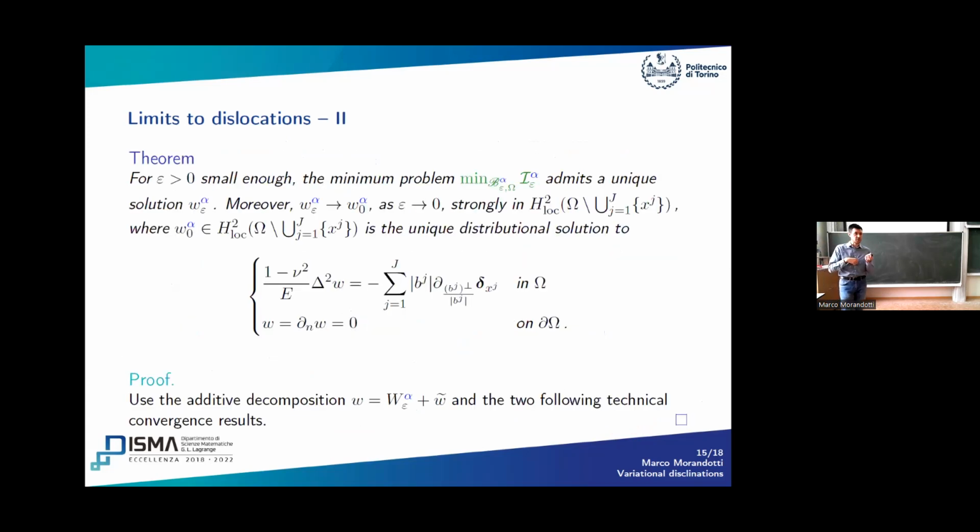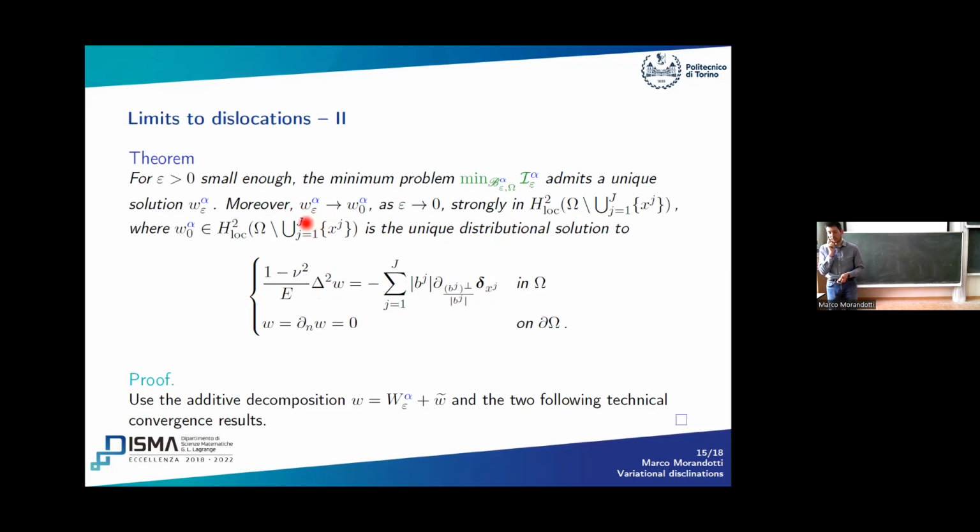And we proved that if epsilon is small enough, so in the limit as epsilon goes to 0, the minimum problem has a unique solution. And this one cannot be characterized explicitly, but it can be characterized in terms of the problem that it solves. So it solves this problem here, this PDE here, in the sense of distributions. And that's the PDE that we expect. Okay, so if you remember one of the first slides, I had that the incompatibility, which now is the bilaplacian operator, was something having to do with directional derivatives of the delta, and this was for the part concerning dislocations.